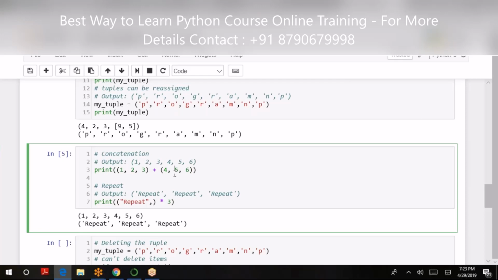And next, when I say print of repeat and multiply by whatever the value, I'll get the display repeated that many times.